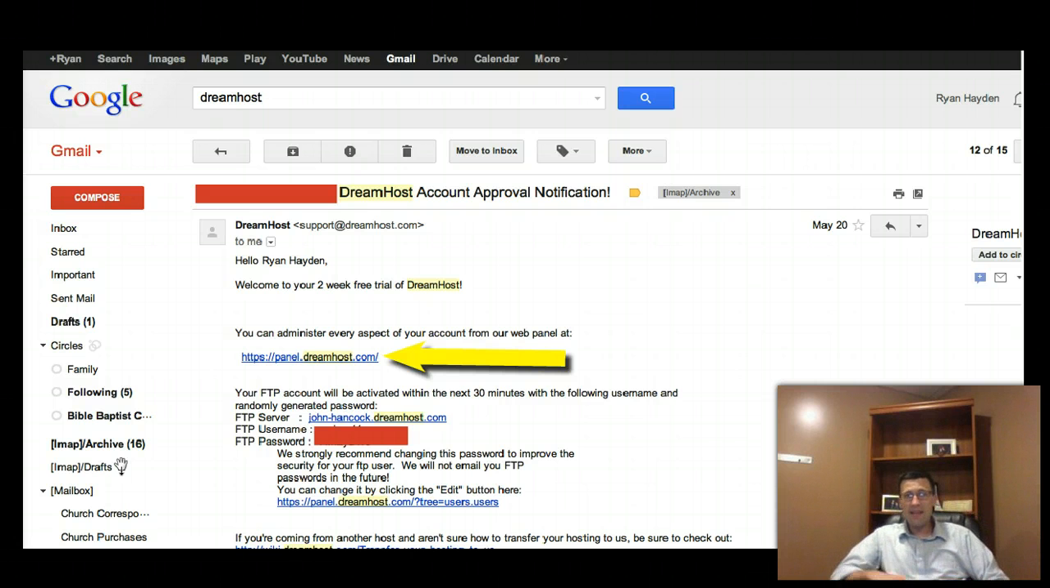The second thing, and even more important, I've got to write it out here because I don't want you to see my information, is the FTP username and password. FTP stands for File Transfer Protocol. It's how you move files to your website and how you take files off of your website. This information is very important. You can always get to it again by going to your web panel, but it's a handy place to have it in your email. So you can get to your panel by clicking on that link like I showed you,